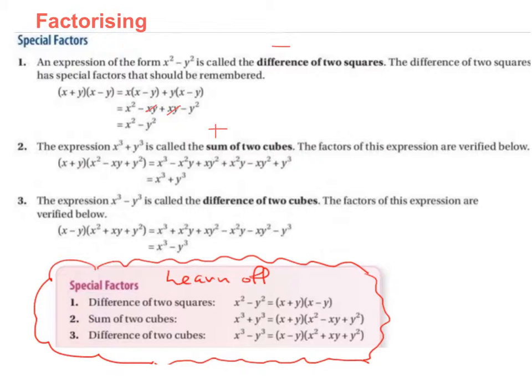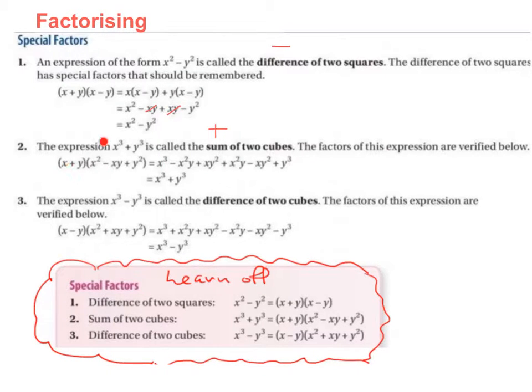We can get the cube root of our second term and then square it, and that goes in the back of our second bracket. And then we can get the cube root of our first term, the cube root of our second term, multiply them together and stick a minus in front, and that goes in the middle of our second bracket. Now if I want to multiply these out just to check am I right,